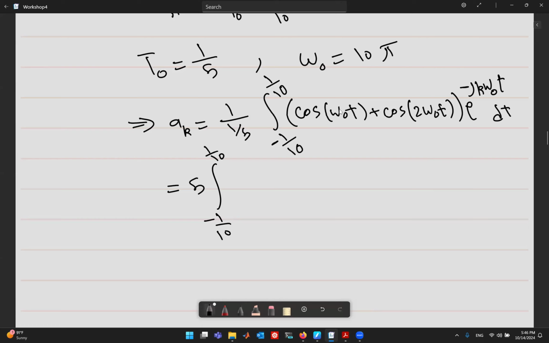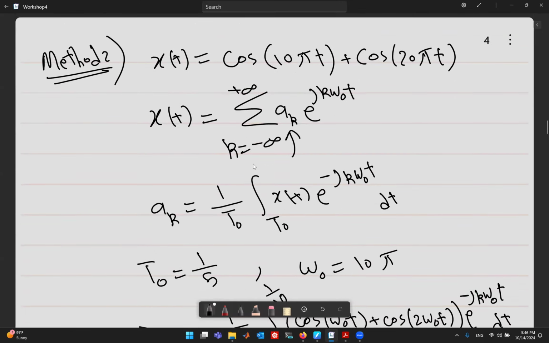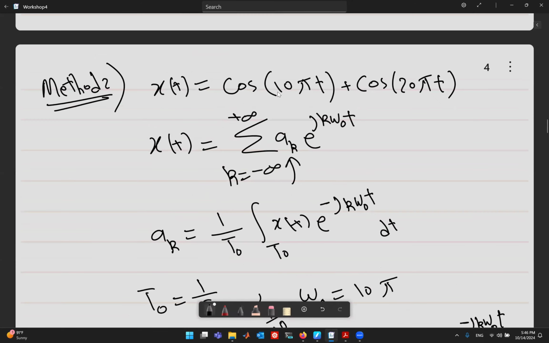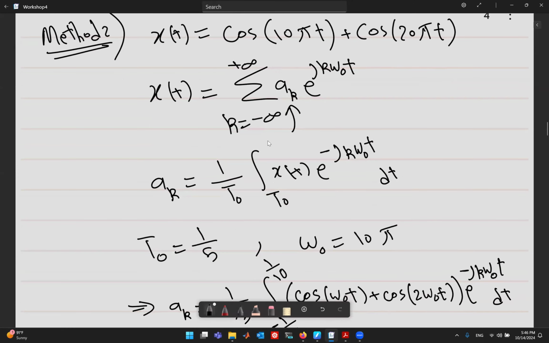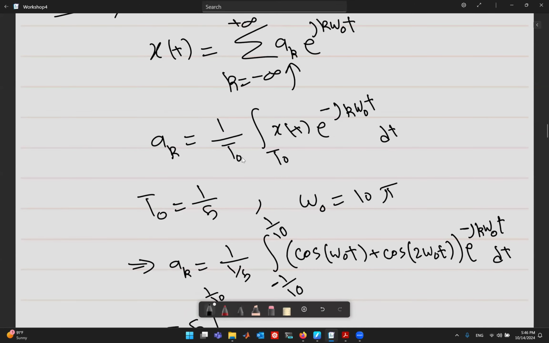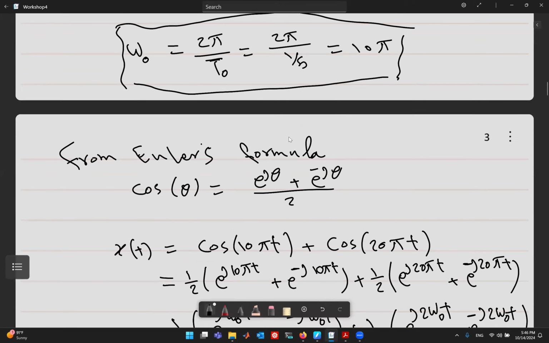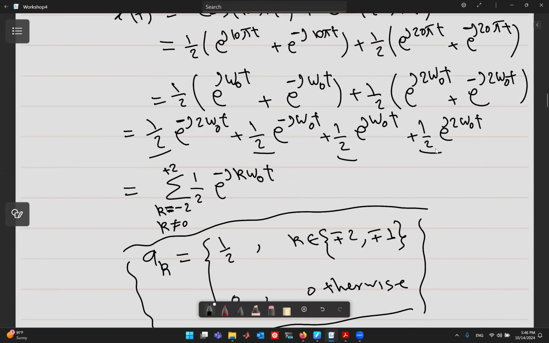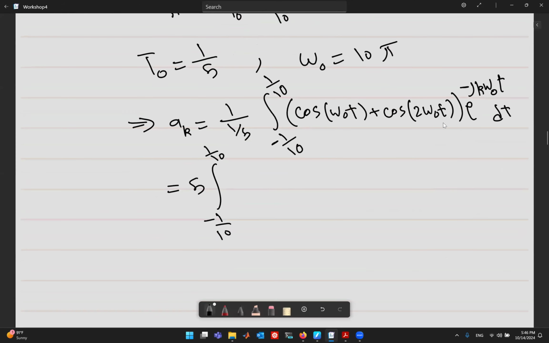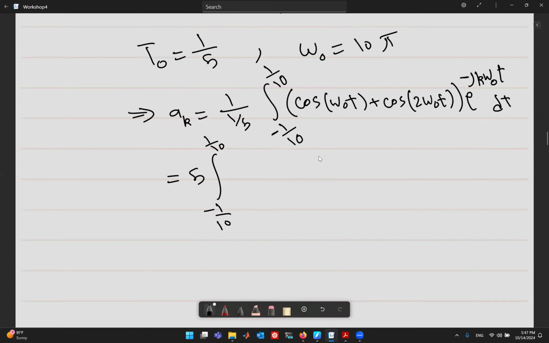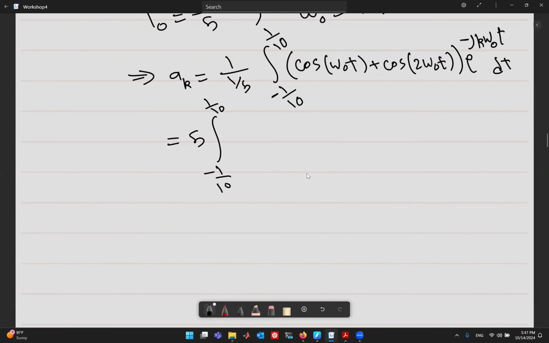We write those using Euler's formula again. This is not the smartest way to do it, but I'm just showing that you can go through this, but this will be very long by using the definition. But in the previous one, we used the Euler's formula. We directly found the coefficients. Here we'll use the Euler's formula, but we're going through the longer path, just to show you all the calculations that we need to do to find the coefficients. So if we use the Euler's formula for those two cosines, we get